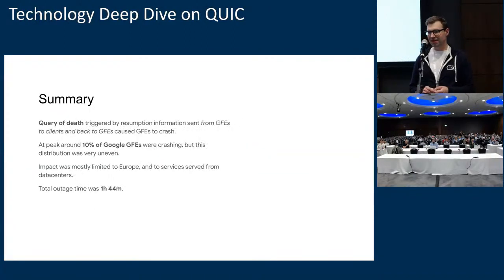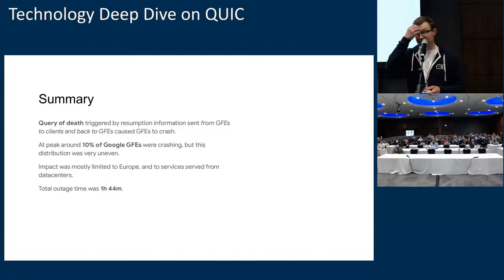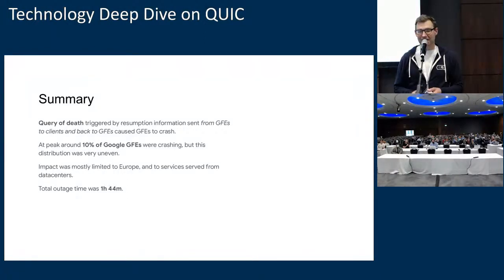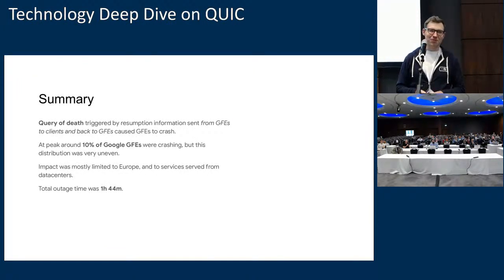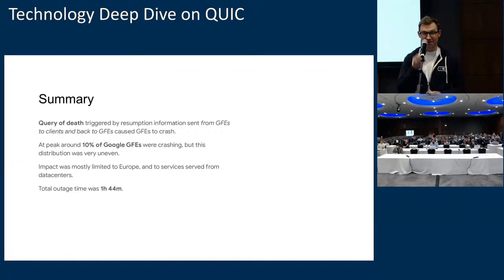Excellent. So we had an outage last November, I'm fairly sure it was. And it was quite terrifying, actually. It was definitely one of the scary outages. It turns out the impact was not as bad as you might fear, but it was quite terrifying. So there's a query of death that was triggered by resumption information sent by GFEs, which are Google front ends,